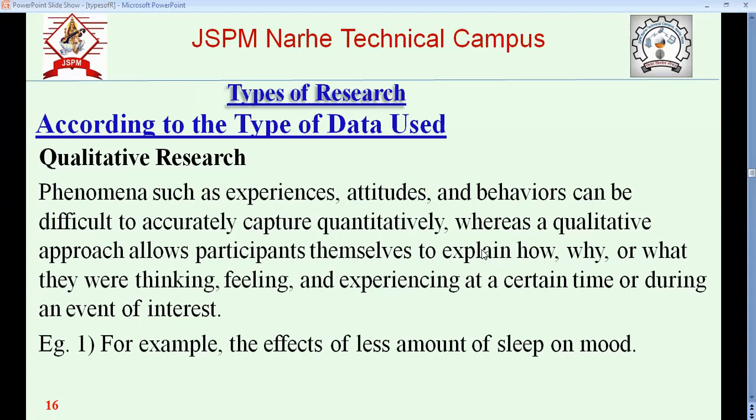Excuse me, sir. Yes. But we can quantify it provided we take samples of such people who are having the effect of less sleep and whether they are aggressive or with no sleep, they are not aggressive. Yeah, I have already mentioned that each qualitative data we can convert to quantitative. Only thing is that its context and meaning should not change. Like if I say it is aggressive, there is an effect on the concentration, it becomes calm, and like that. If you give the multiple choice, then we can quantify that.